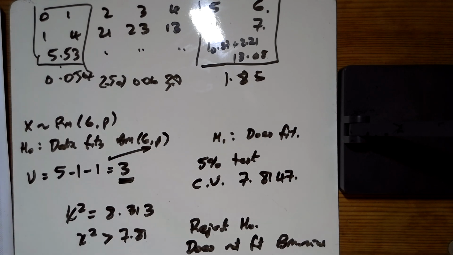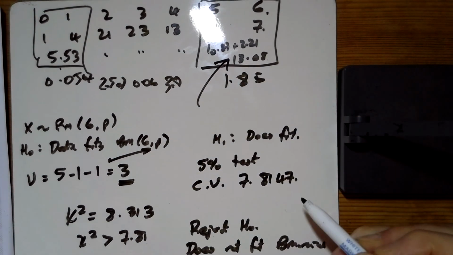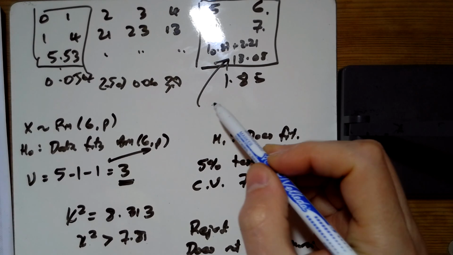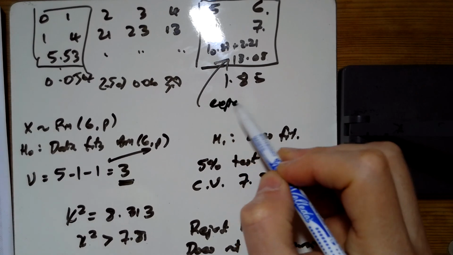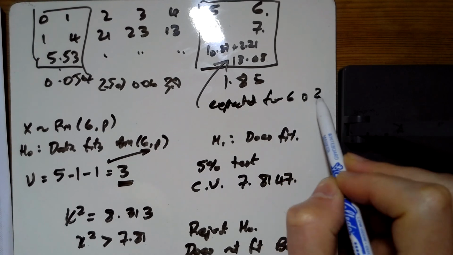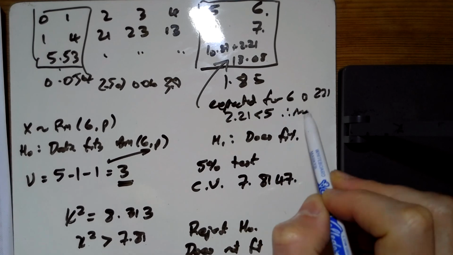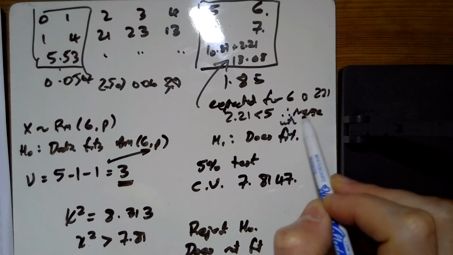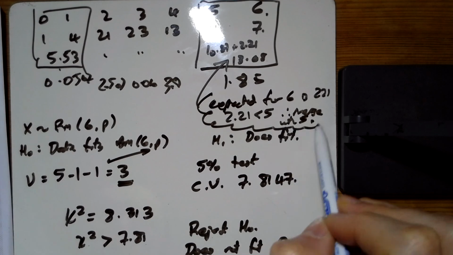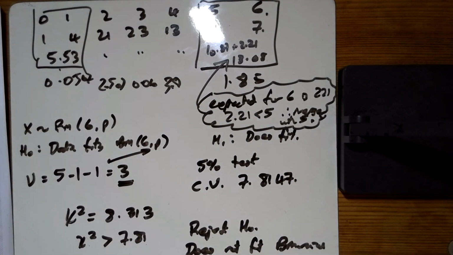Just before I stop this, I just started again. I wanted to say this little merging here, we need to put a bit more, just reading the mark scheme here. So we need to write why we're doing this. We're saying expected value for 6 is 2.21. 2.21 is less than 5, therefore merge with 5. We've seen some mark schemes being really picky about writing lots on what is quite a simple thing. Oh, it's less than 5, so we merge it, but actually being really clear about it. I'm going to stop the video there and do the second half in a